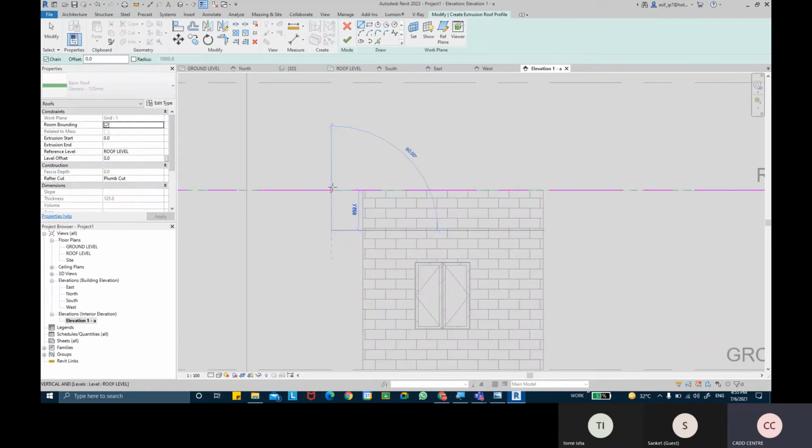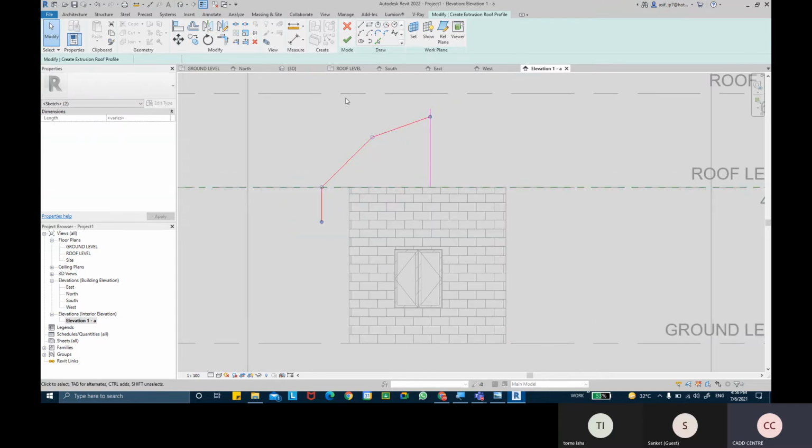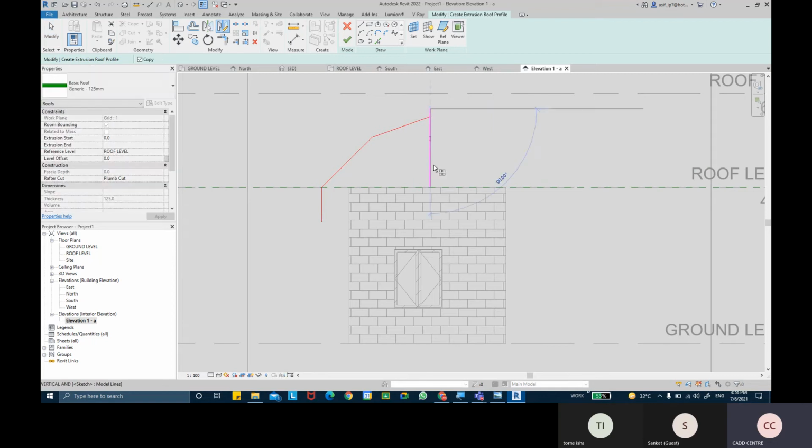So maybe one line a little bit straighter and a little bit crossed. Let's assume that this is going to be the midline. So that's the midline I've drawn. Now I can mirror these sketch lines on the other end.